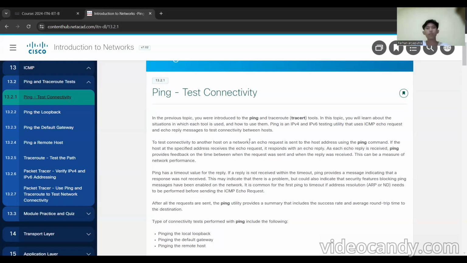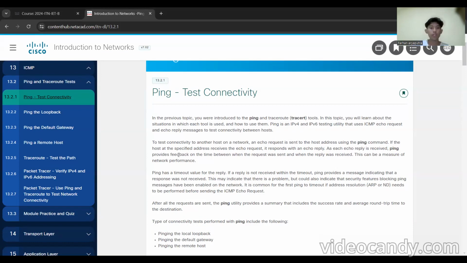Ping is an IPv4 and IPv6 testing utility that uses ICMP echo request and echo reply messages to test connectivity between hosts. To test connectivity to another host on a network, an echo request is sent to the host address using the ping command.